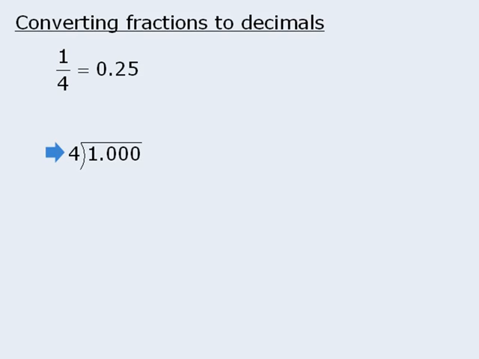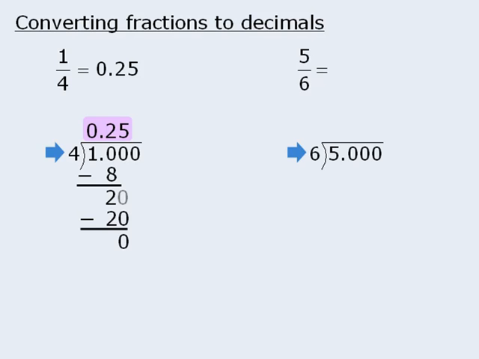We can also use a calculator for this conversion. Either way, when we carry out the division, we get the decimal 0.25, so we know that this is equal to 1/4. Similarly, to convert 5/6 to a decimal, we can think of the fraction as division and divide 6 into 5. When we do this, we see that 6 does not divide into 5, but it does divide into